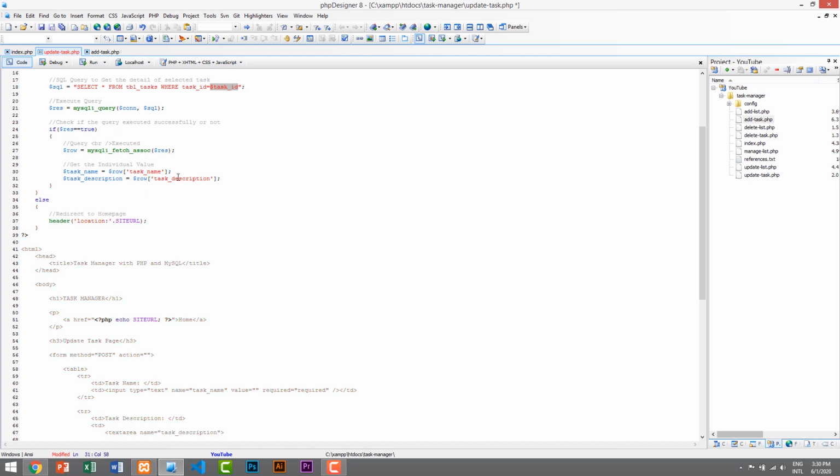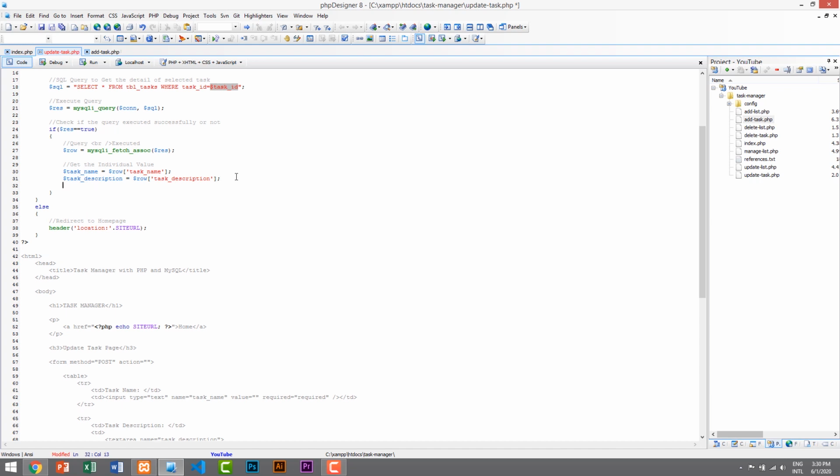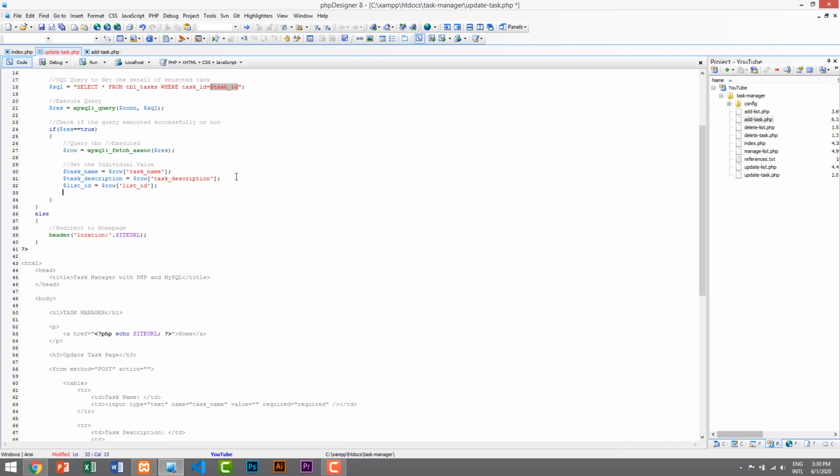Here this is the database column name, and this is a variable we just created, and then we need to get the list id. $list_id is equal to $row, list_id,